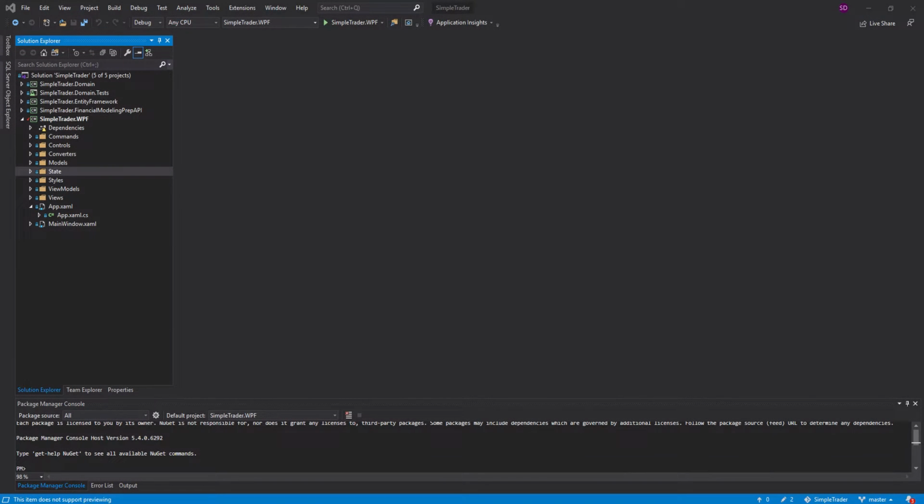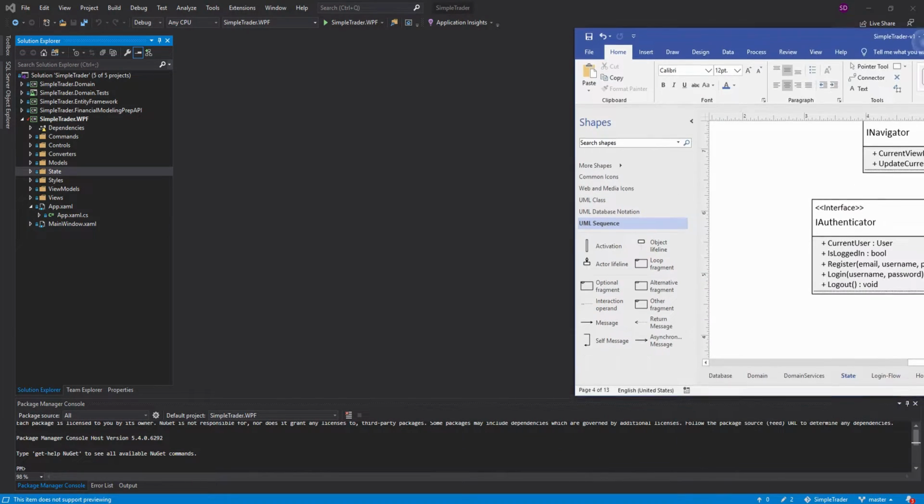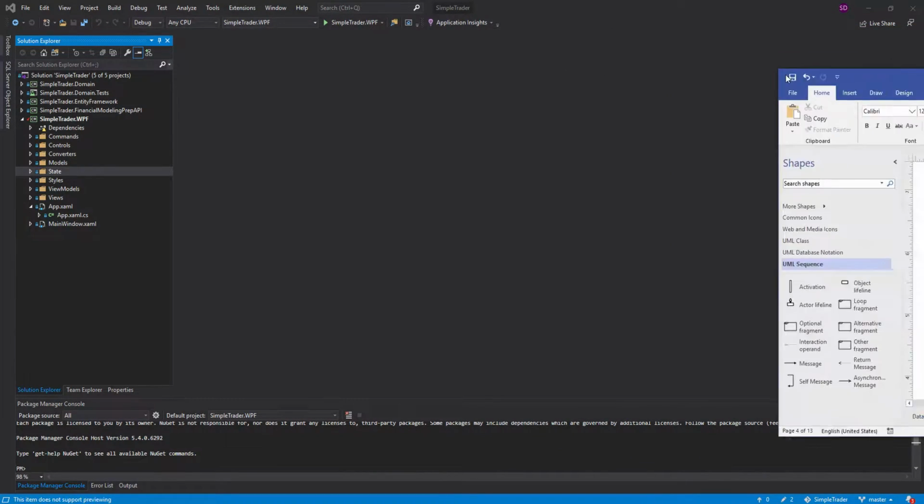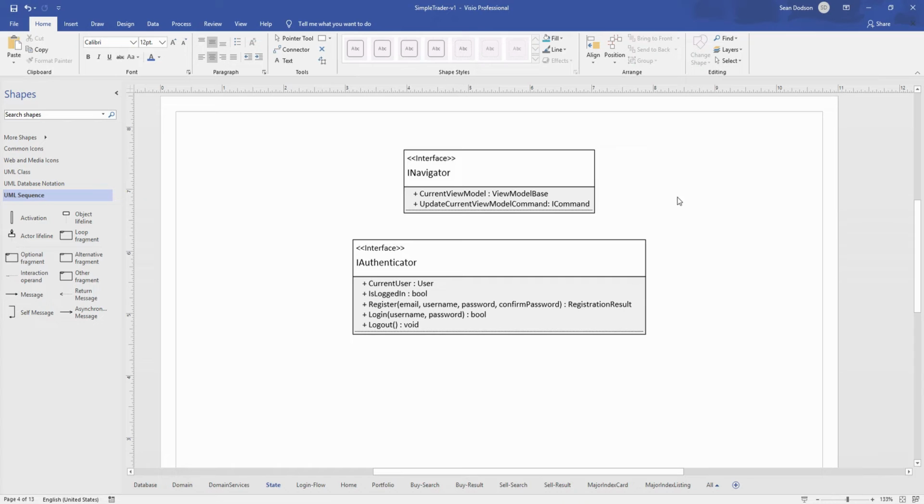Today we are finally going to integrate authentication into our WPF project. I'm really looking forward to this, and I'm so excited that I put together some Visio diagrams to go over what we're going to be doing in this episode. I really hope that we can get a view model and a view going. The view is probably not going to look that pretty at first, but we're at least going to get the